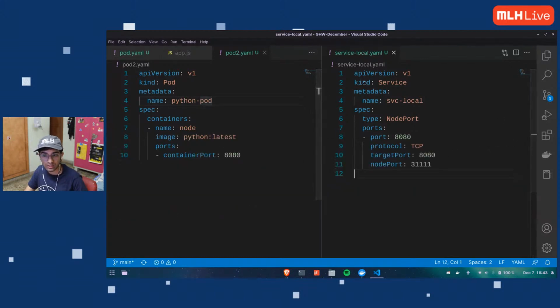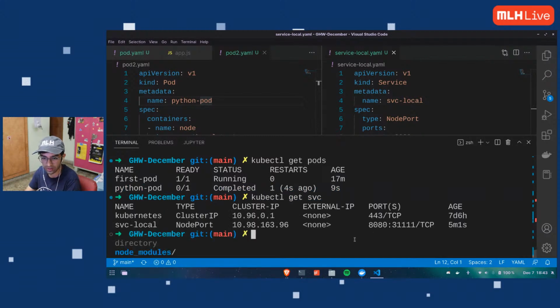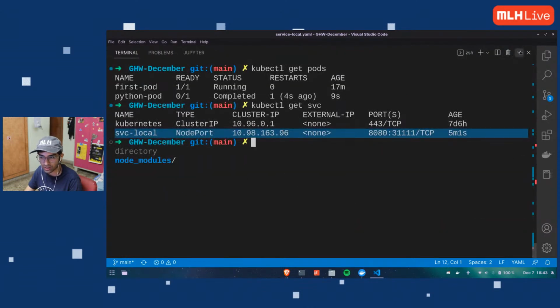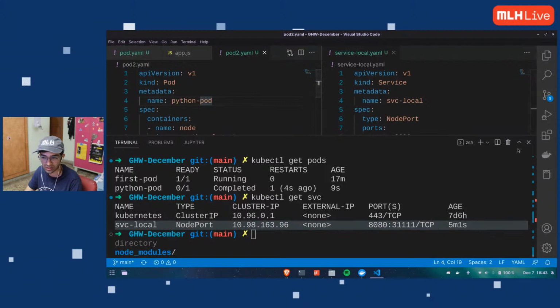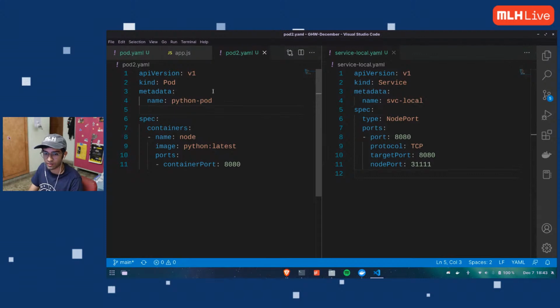There's no way to tell my service. So my service is also here. kubectl get svc. How do I tell this service to look for the pod where my project is running and not the Python one? So I have to add something called a label. Now labels are optional in metadata, but they are super crucial if you want to check your application in a browser or even in cloud. Labels are super important.